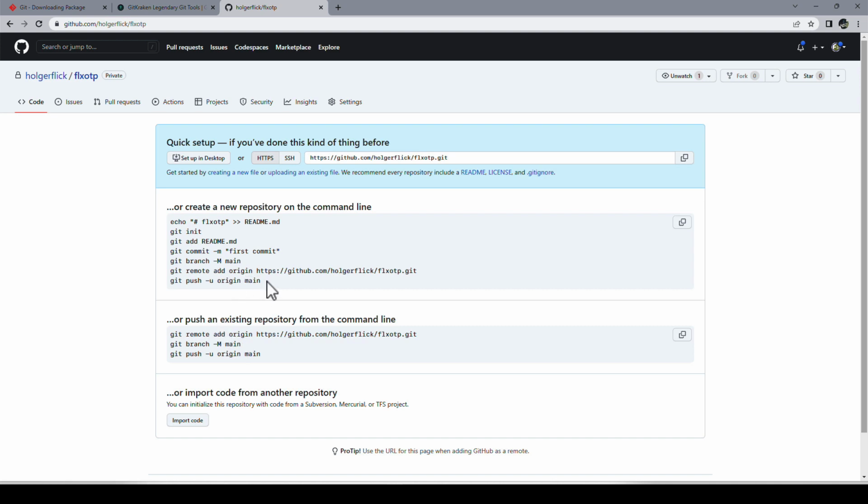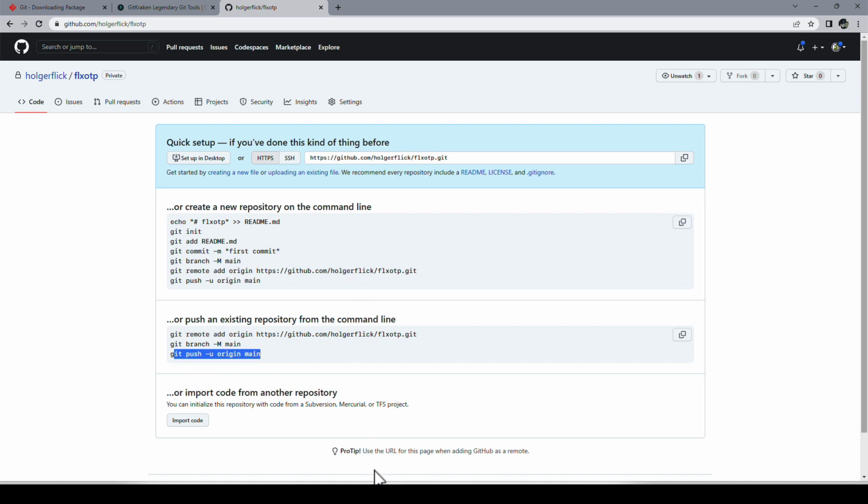And as soon as that is set up, you basically can always do git push origin main all the time without initializing it, adding the files, and so on and so on. So for us, these are the commands that we need to execute because we have everything already set up. We only need to add the remote. We need to basically make main the default branch, and then we can push it away.